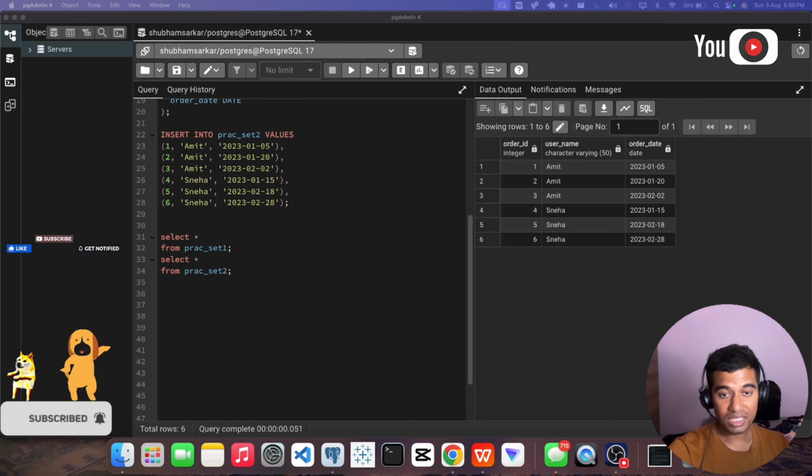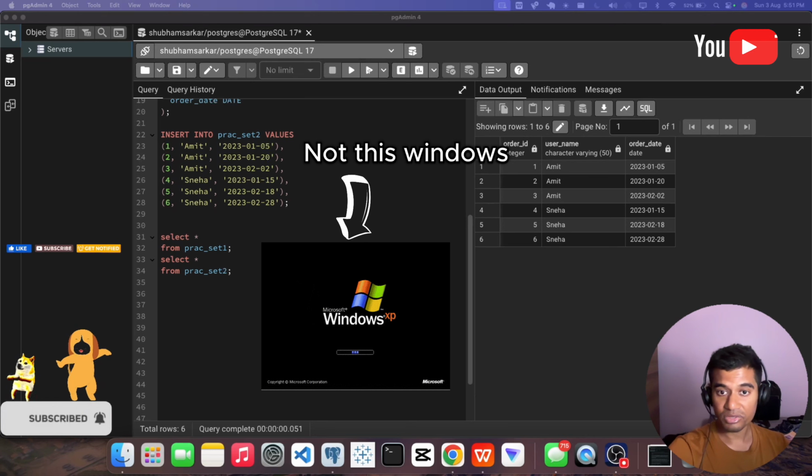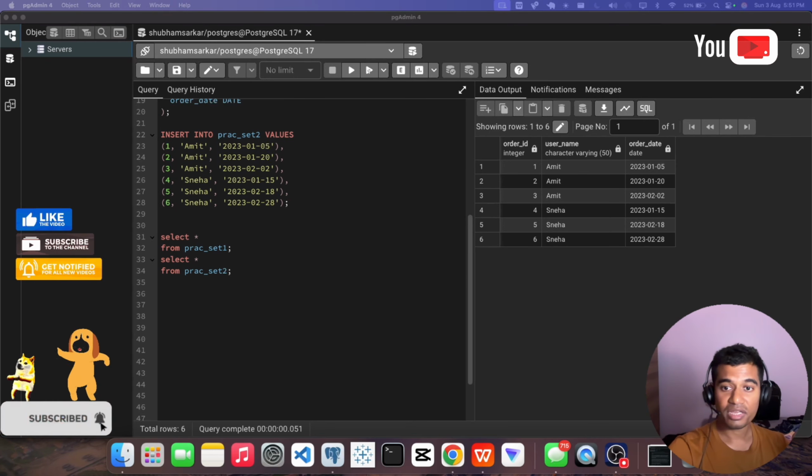ROW_NUMBER is a SQL window function that gives a unique sequential number to each row based on the ordering you define.